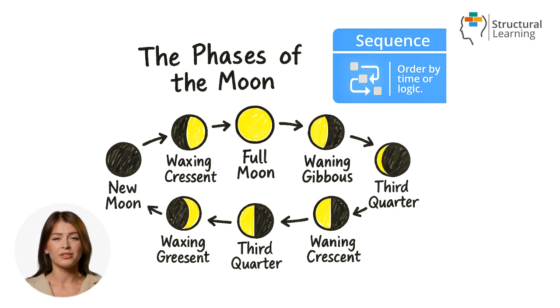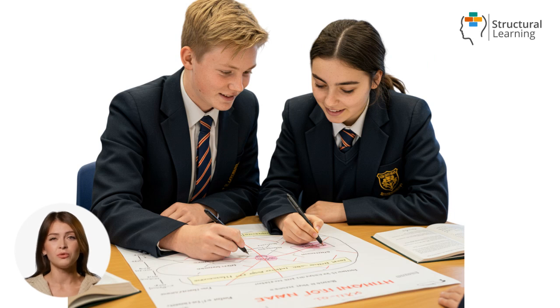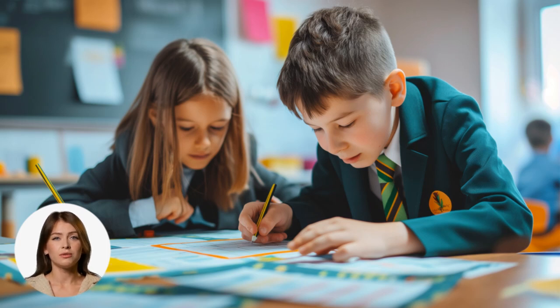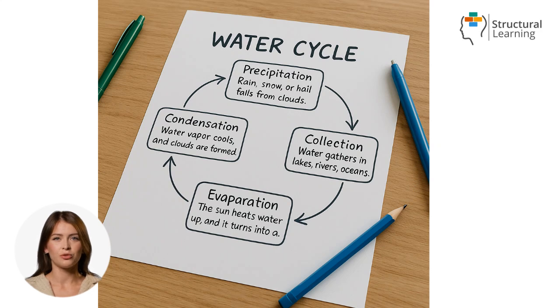or when they're trying to retell a story, explain a life cycle, or outline a historical event. It can also support instructional writing, anything that has a beginning, middle, and end. To use the flowchart in your classroom, introduce the central concept or event. This might be a story being retold, the steps in a science experiment, or the stages in a real-world process